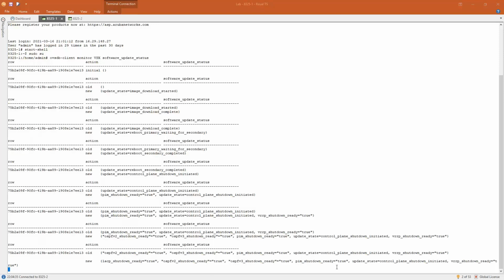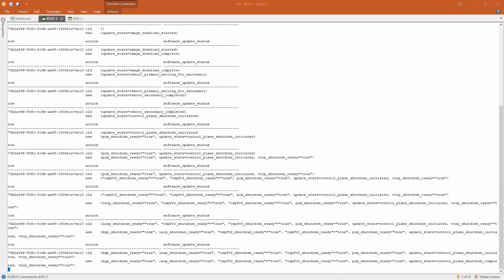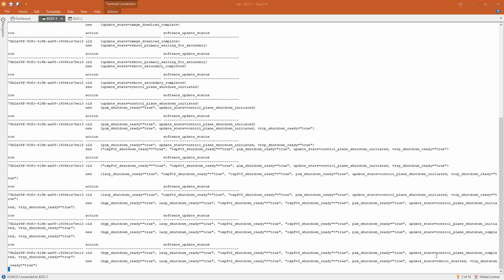So we have now the first part of the graceful shutdown for PIM, OSPF, VRP, LACP completed. We are waiting for BGP now. BGP process has been gracefully shut down, and then as a completion, we have a control plane shutdown completed, and next is the reboot that is started on the primary.